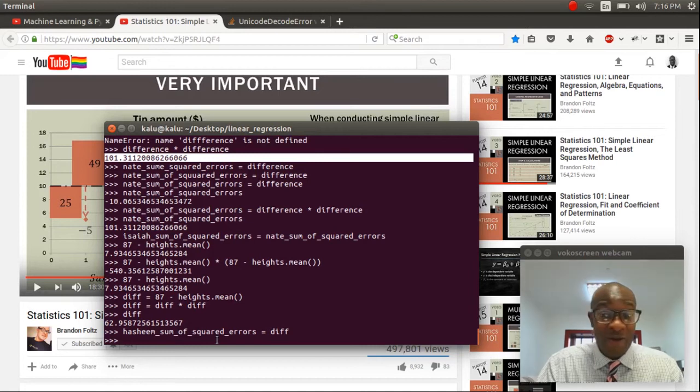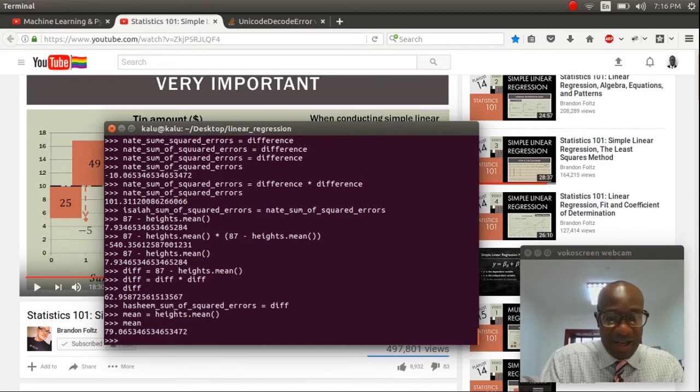You guys at home are probably annoyed that I did this for these 3 players. So we need to do some action to do this to every single player all at once. So why don't we first get the difference between the heights? Let's get the difference between the average and the actual height of every NBA player. So what we did was the average, let's just call it mean equals heights.mean. So mean is 79, and so mean minus every single player